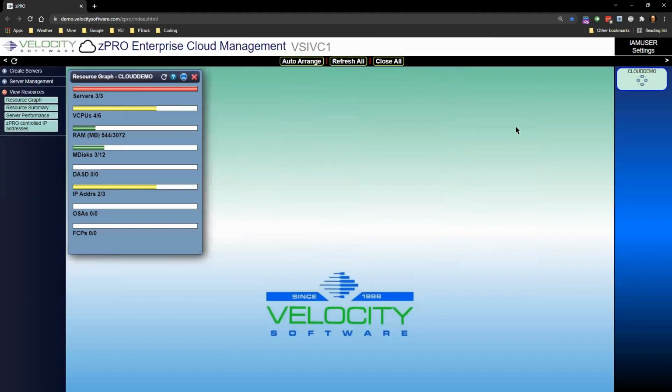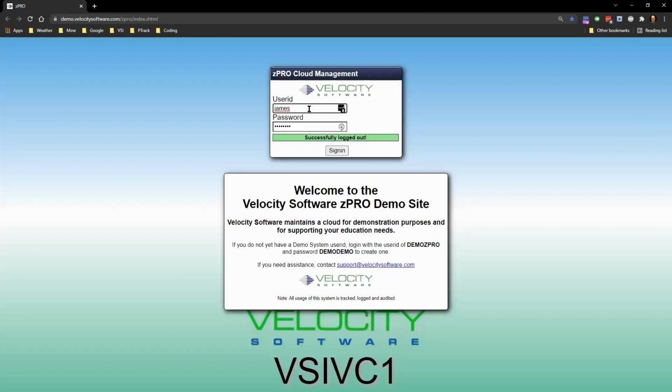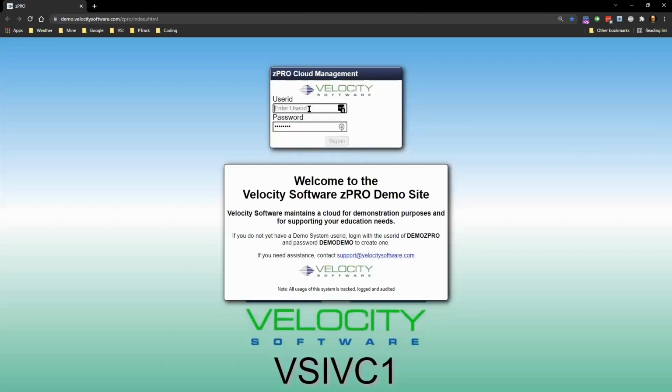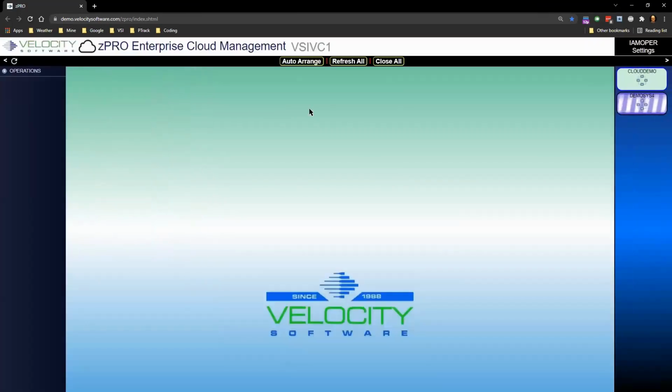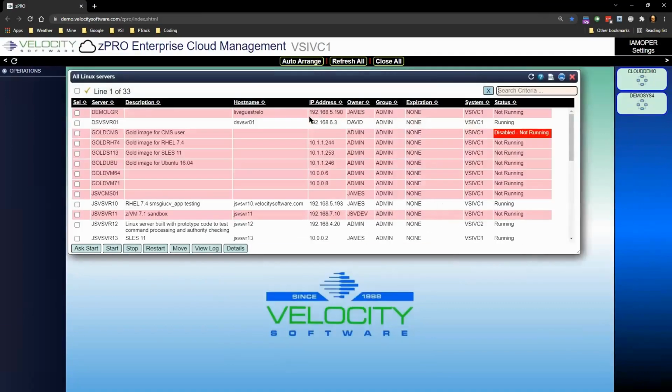So this is, again, just a user interface. And what I'm going to do is shift gears a little bit and show you a different type of interface. And this is from an operations perspective. Interestingly enough, when a lot of our customers got zPRO, and I would mention it would be a good idea